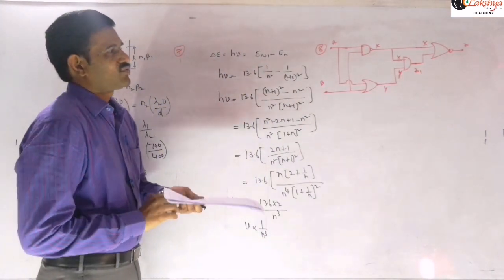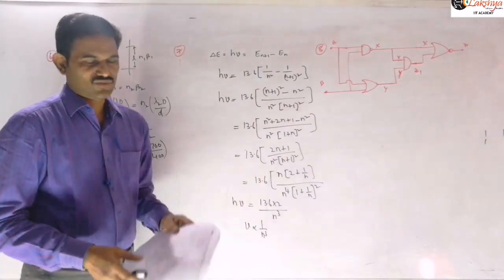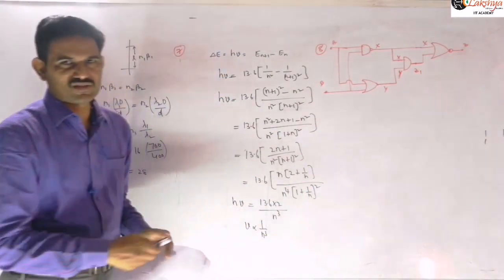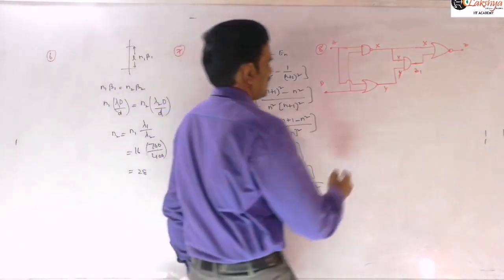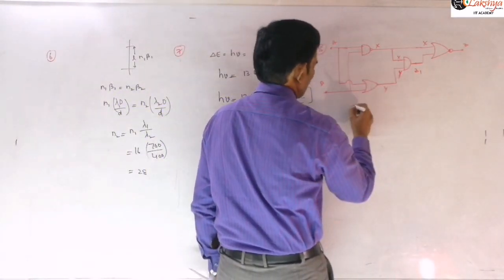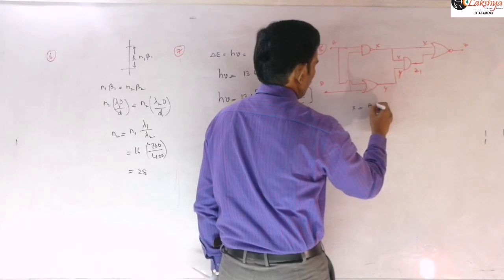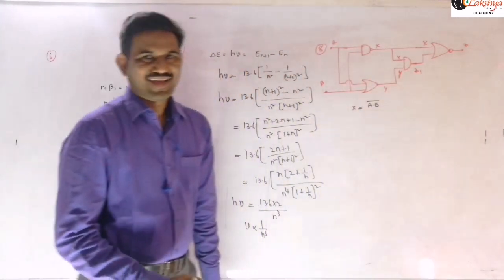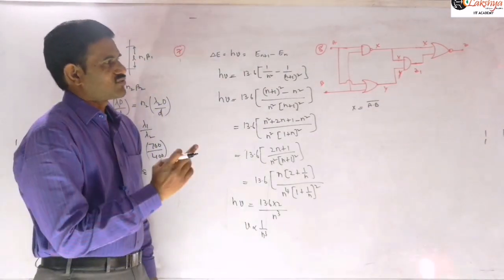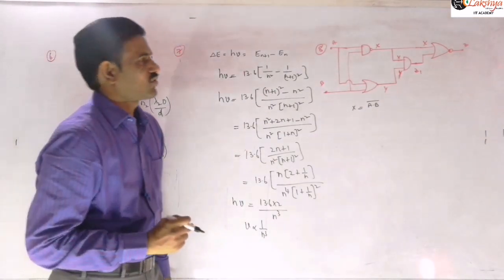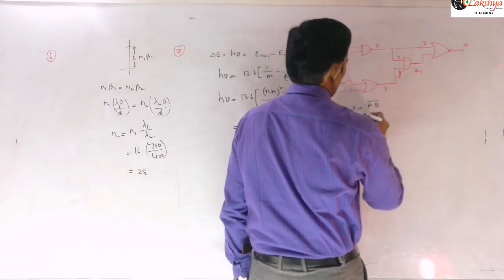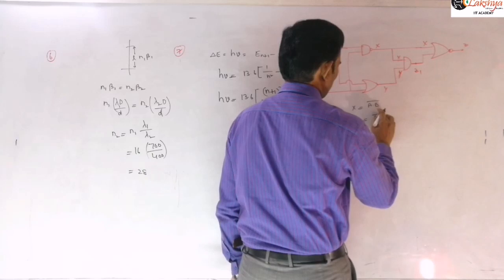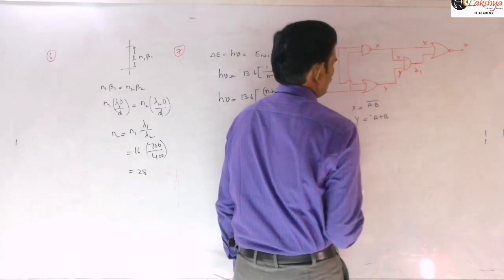And then you can write those values here. What is X and what is Z, you can write those values. So I can write first in terms of A and B. Finally you can substitute those values. So this X value is equal to A dot B complement, because it is a NAND gate that is given there. So the NAND gate is A dot B and the whole complement. And then this Y is nothing but A plus B.